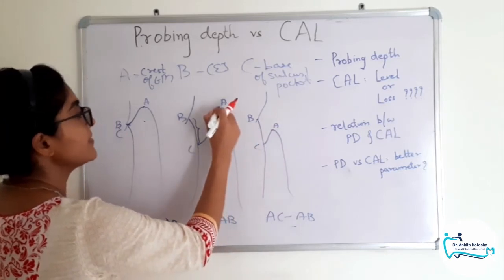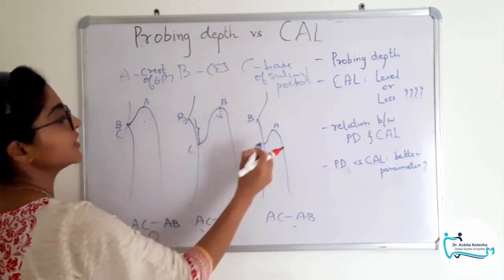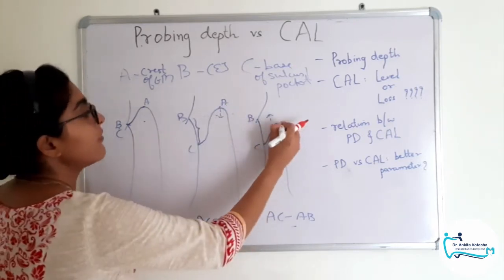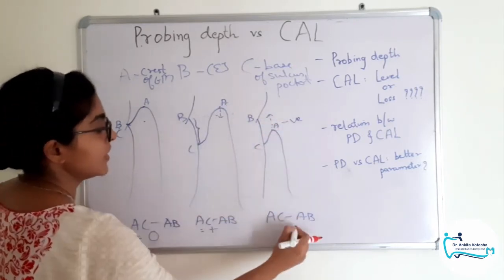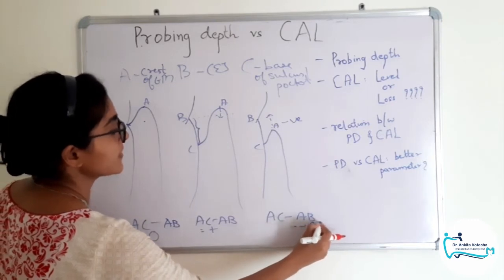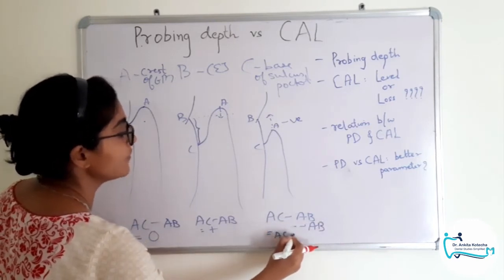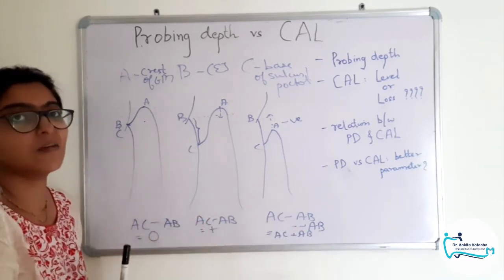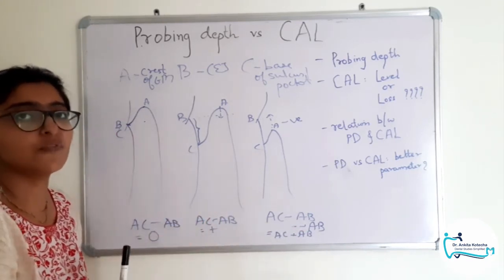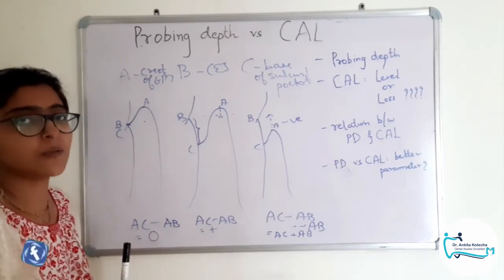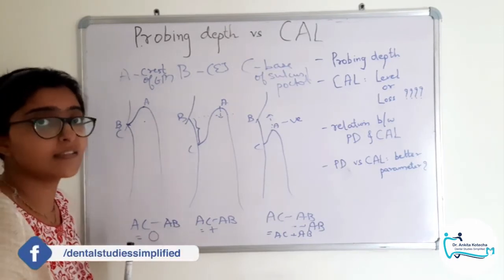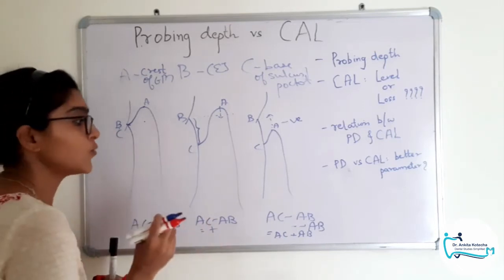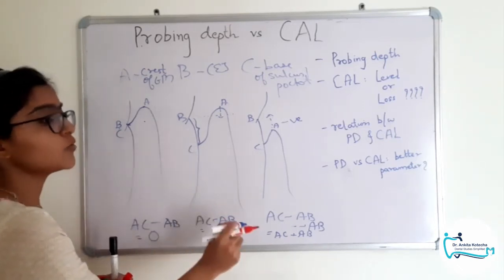Now, again, this distance has to go downward, but here the distance is in the opposite direction. So our value will be negative, and so minus AB, and hence in case of recession we add both the distances. This is the general mathematical concept, no confusion about when to add, when to subtract. Please don't try to mug up the things, try to understand the general mathematics rules. Clear? The rule is the same.